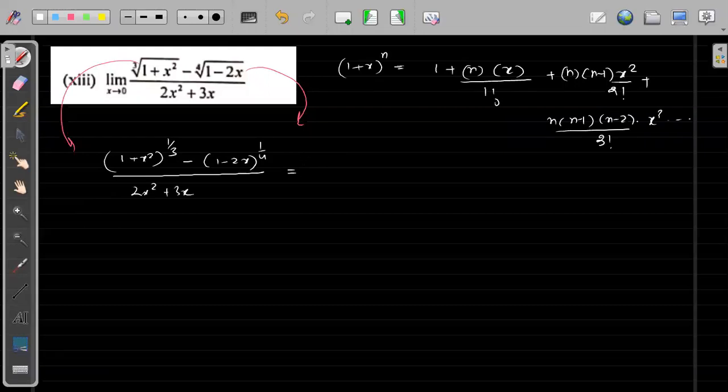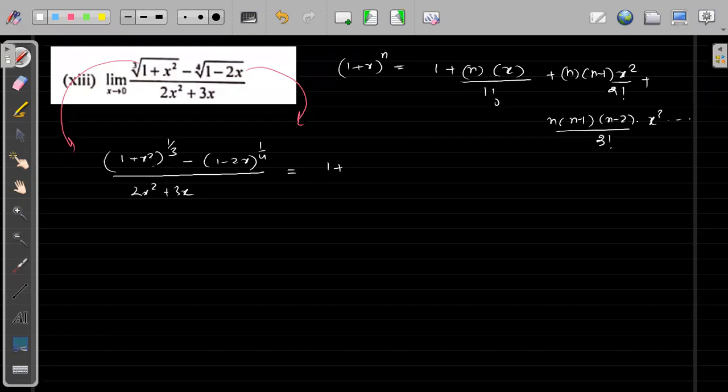The binomial expansion for any index n was actually the expansion of the Taylor series only. We were using differentiation in there also, the same method. If you remember, first differentiation, then second differentiation, then third differentiation. So we know that we will write the first two terms only, and from there we will get the answer. So the first is 1 plus this is x.